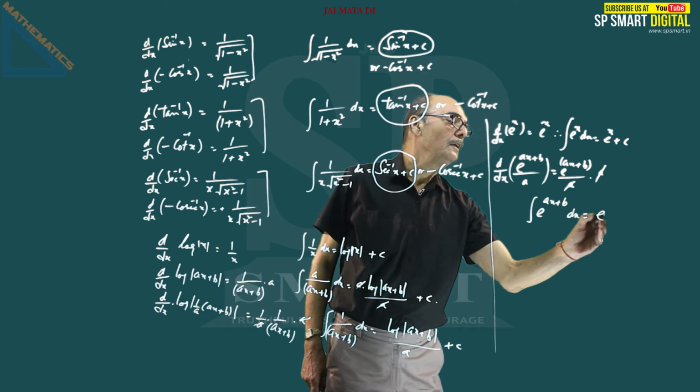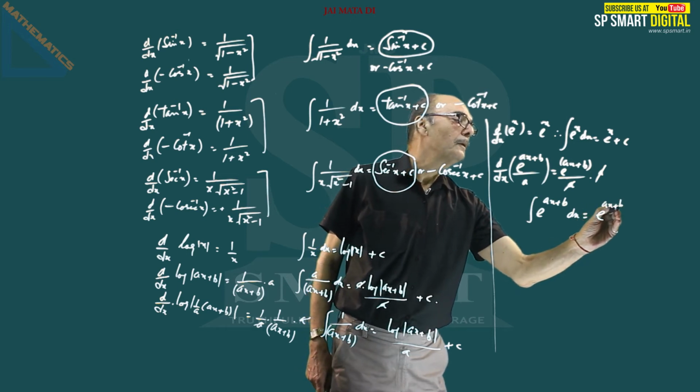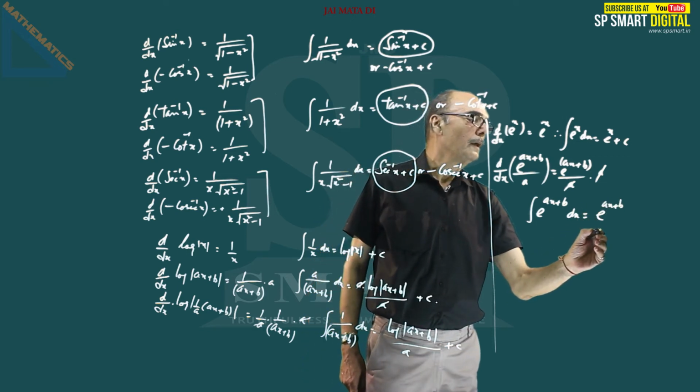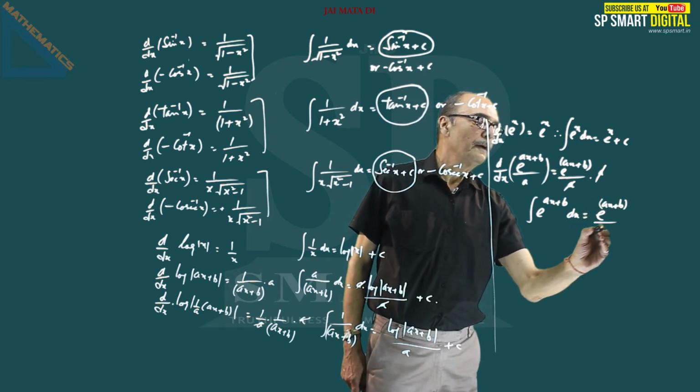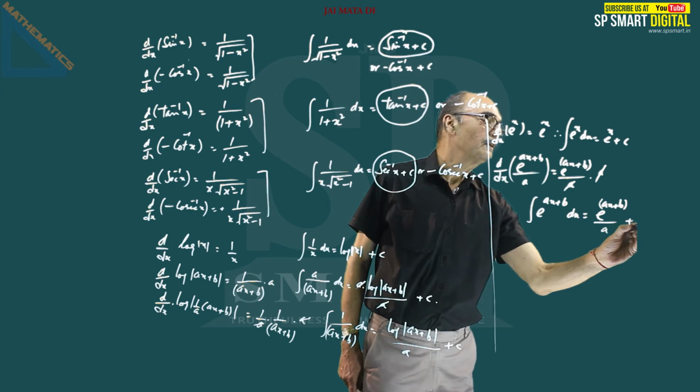This will be e raised to power ax plus b divided by coefficient of x plus c,